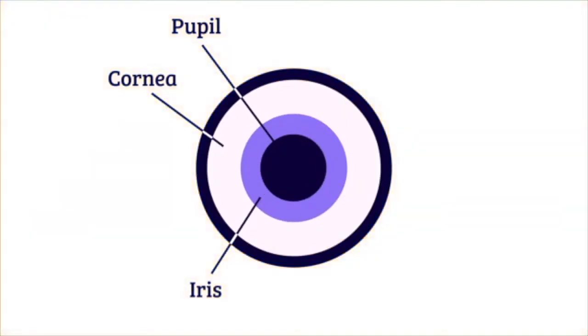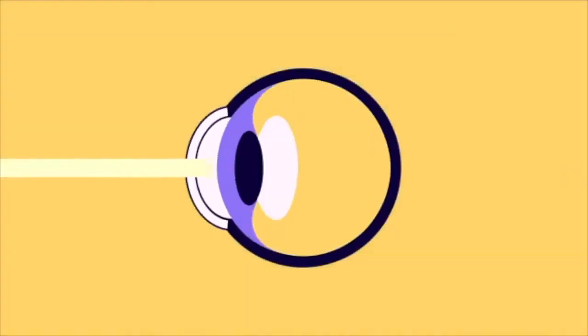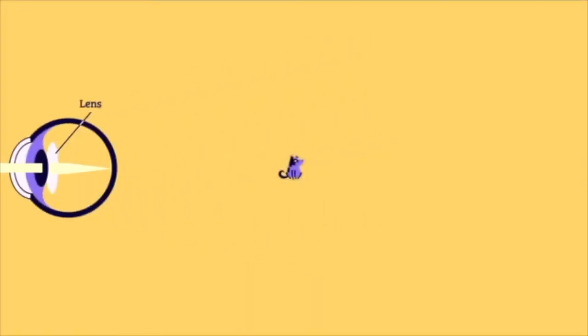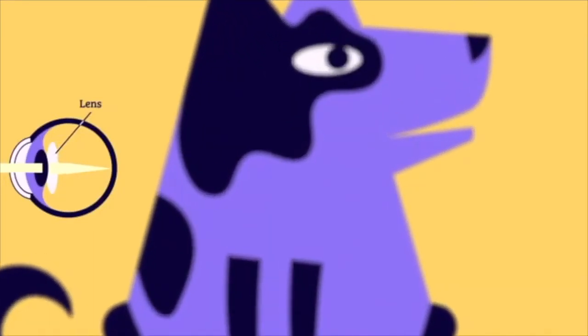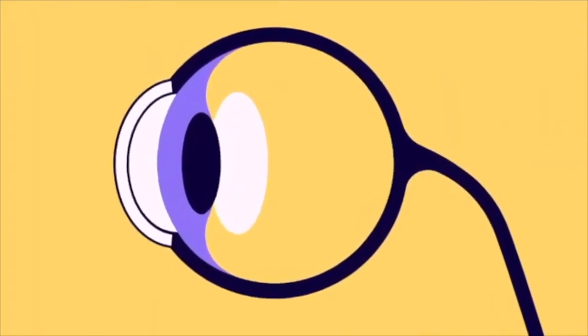In bright light, the iris narrows the pupil, reducing the amount of light that enters the eye. In dim light, the iris widens the pupil to let in more light. All of this happens automatically. Behind the iris is the lens of the eye. It helps focus the light coming into your eye so you can see things clearly. The lens flattens so you can see things that are far away, and bends so you can see things up close. When the lens, cornea, and pupil are all working together properly, they will focus light on the back of